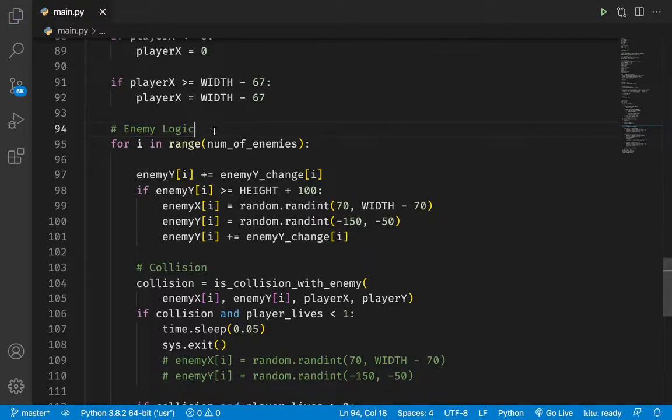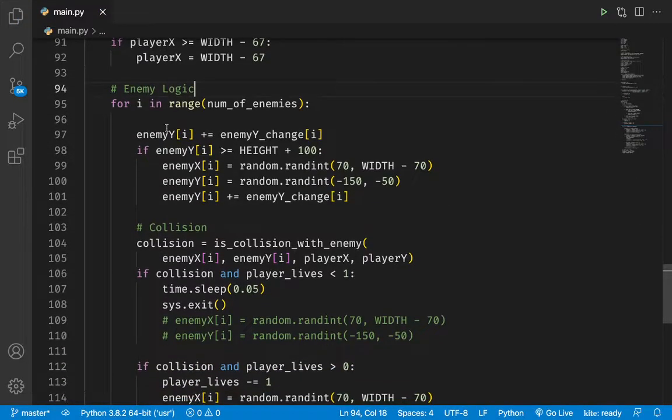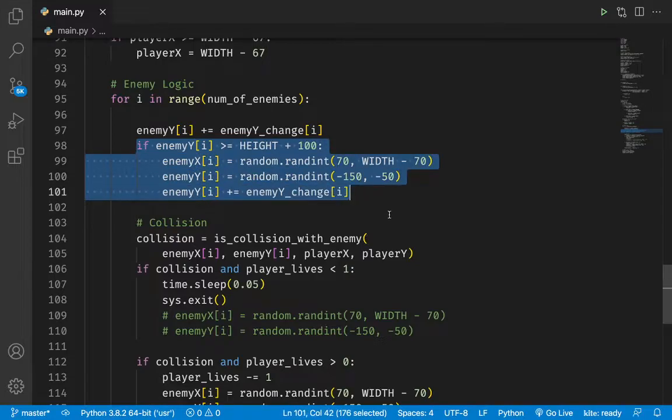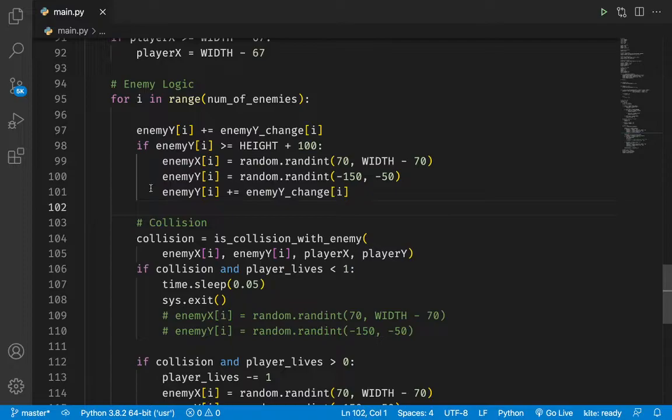All of our enemy stuff goes in here. So what I do again is I just loop it over, and we are changing the y. This is just the border checking of the enemy, but we just add the index parameter to it, and we again need to just add this one line of changing the y coordinate of the enemy. We need to do it.